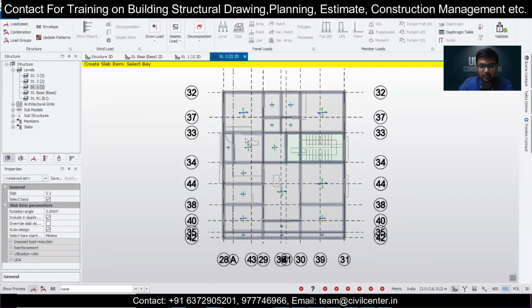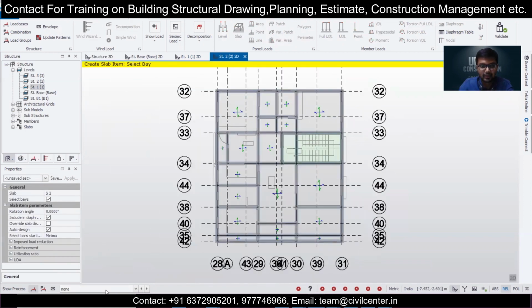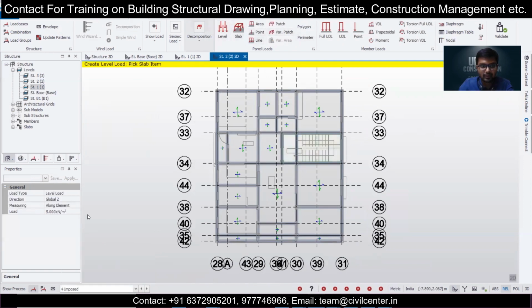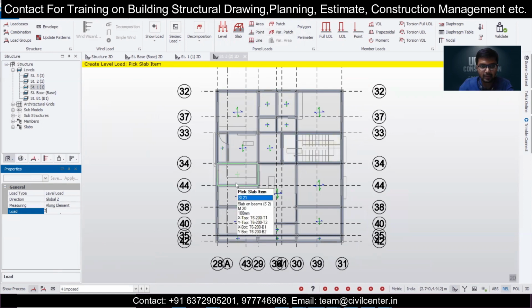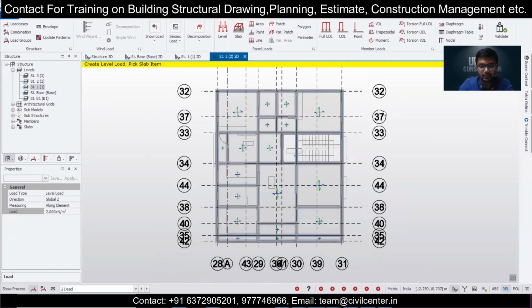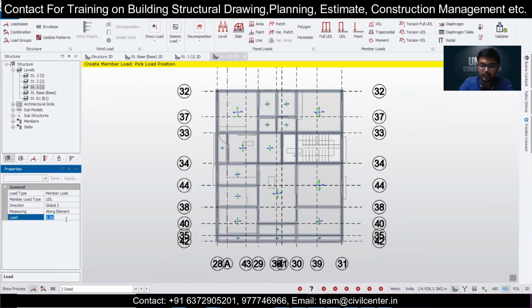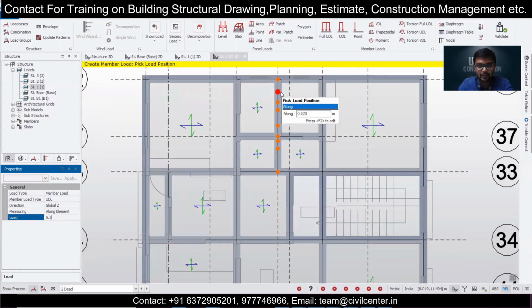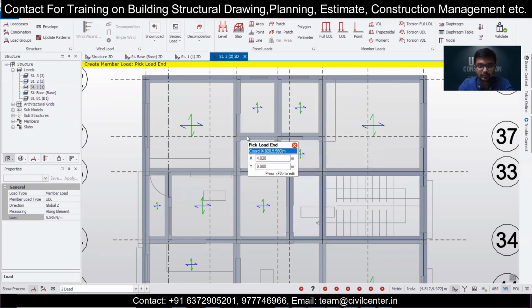This is structure 2. We have to apply our live loads here. Let's first finish the imposed load part. Go to imposed load and go to this level load and go to this load of 2 kilonewton per meter square. Just apply it, and we'll go back to the dead load now, and we'll just go and apply the loads for our secondary walls first. 5.5 we have selected. Now the 5.5, obviously, we'll just take,